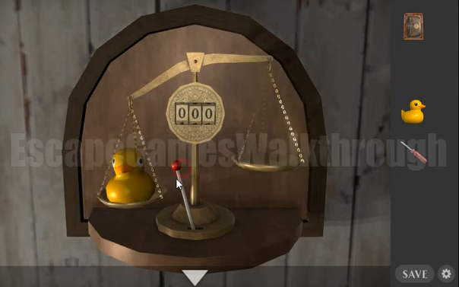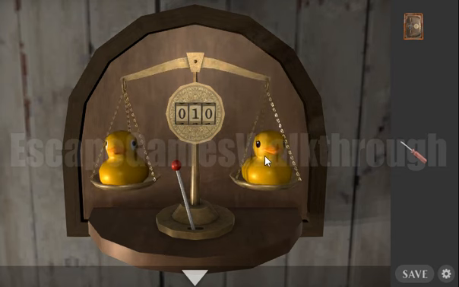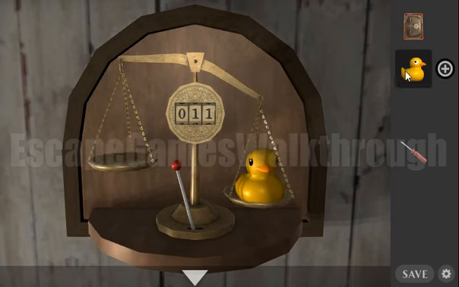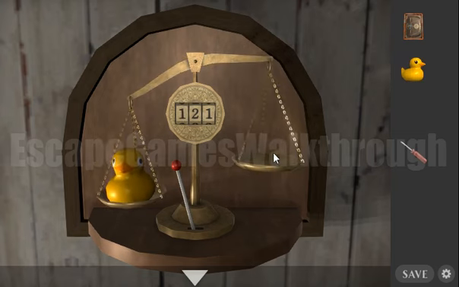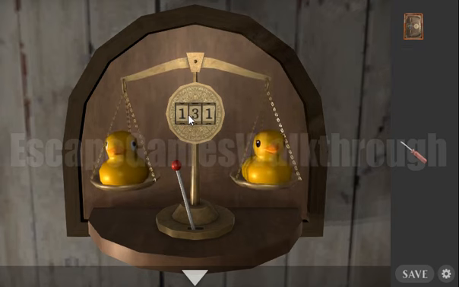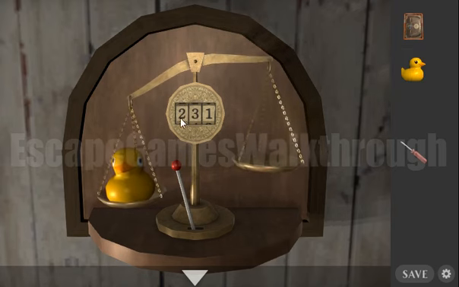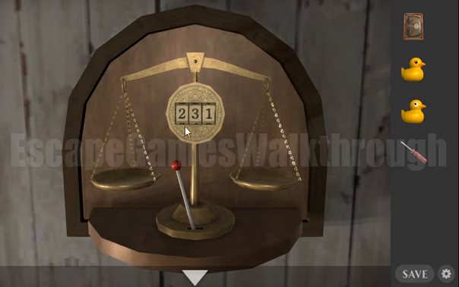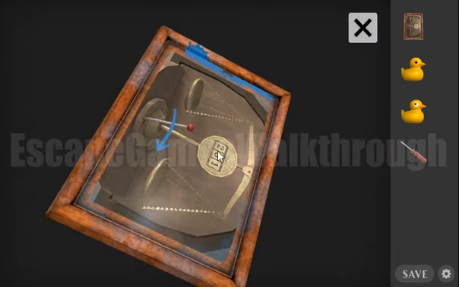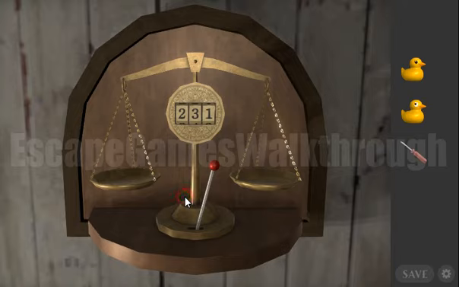1, reset. Then we need to set 2, the middle position. Here we are to set it like that, turn to the left, then 3 in the middle, 2 on the left, and remove this one to get empty scales. Now we can see 2, 3, 1, that is like here. And if we pull the lever,